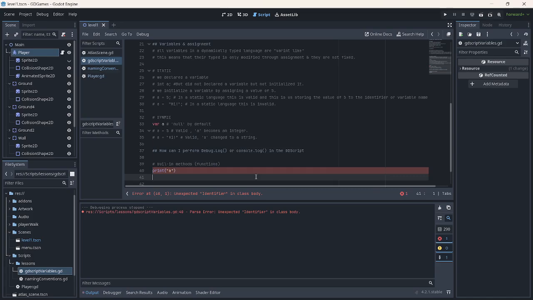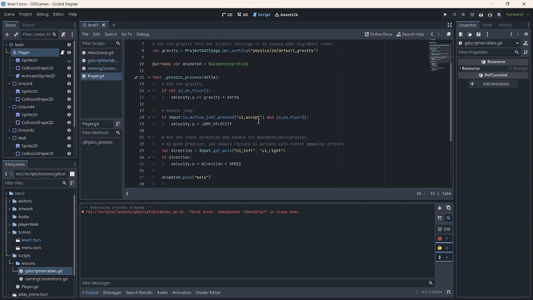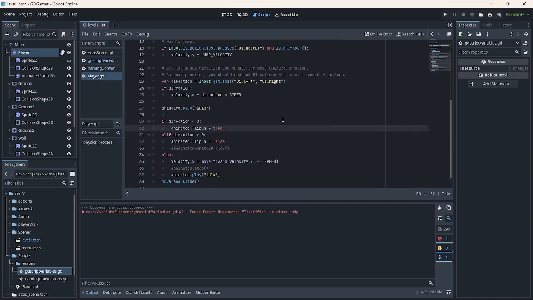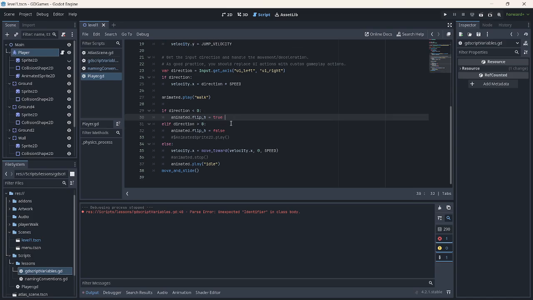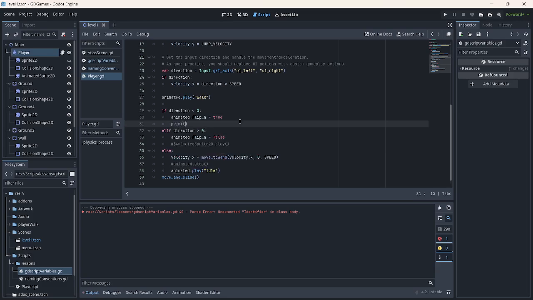In a class body. Well, I think it's better to try this out in the class that we are working on. So let's go to player.gd. We know that this is a class, but we won't be talking about that too much for now. I just want to cover variables here and how you can go and try to do a basic debug log and console.log, because that's very important for testing if the code that you've written here is working. So for now, I just want to test out